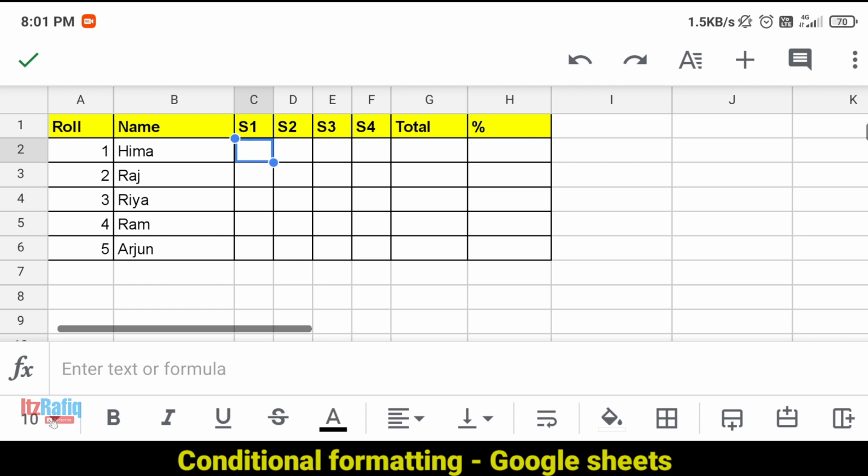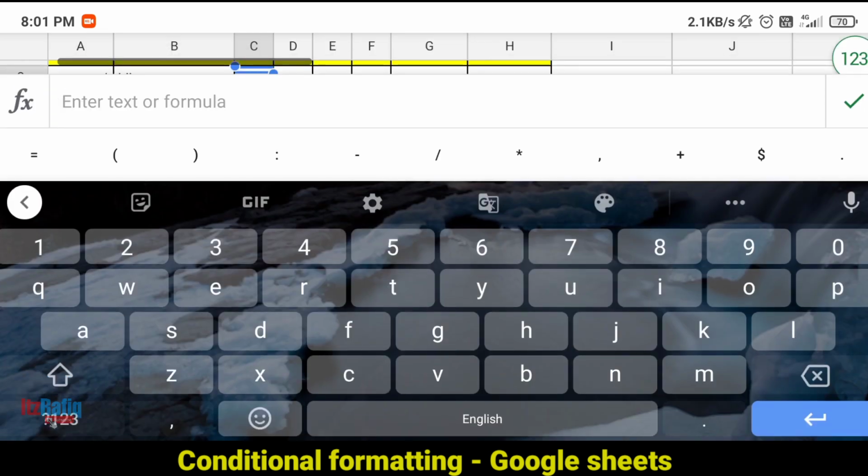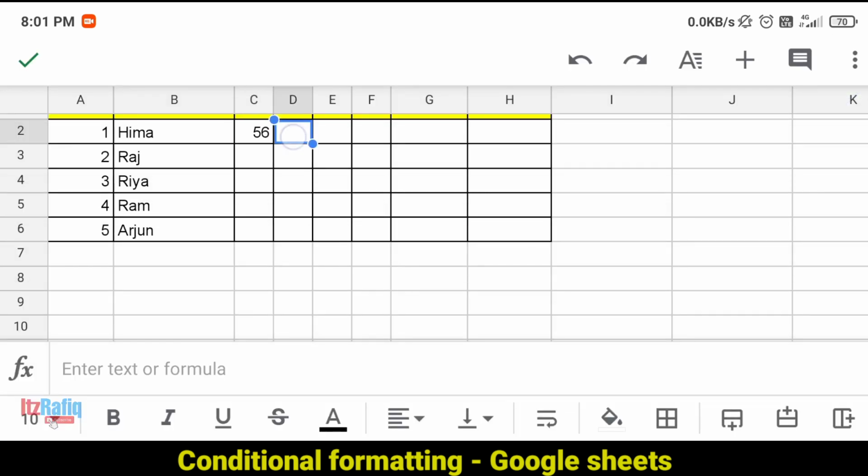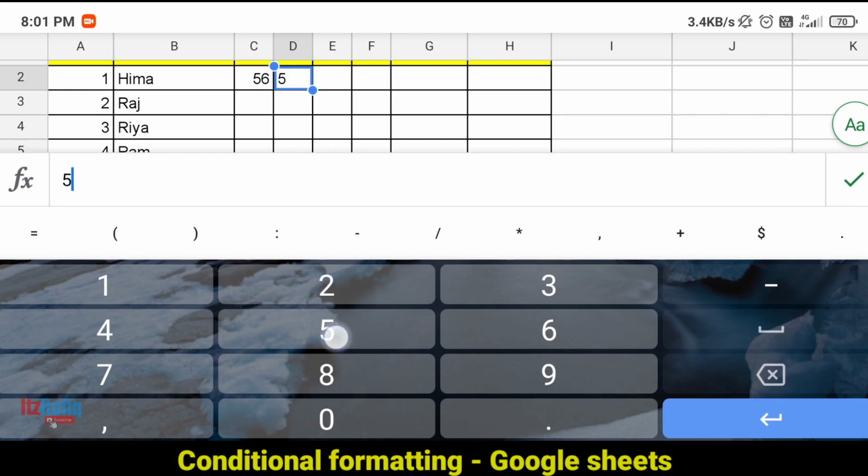Now you write some random marks. Suppose the first student is getting marks in the 50s, so 56, then 55, 58, then suppose it's 62. And the second student, just assume that the second student is not that good, so he is getting marks in the 30s: 31, 32, 35, and 37.